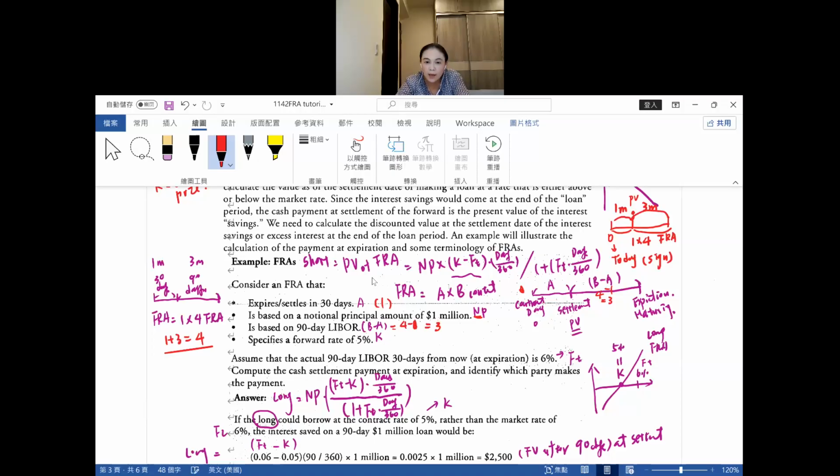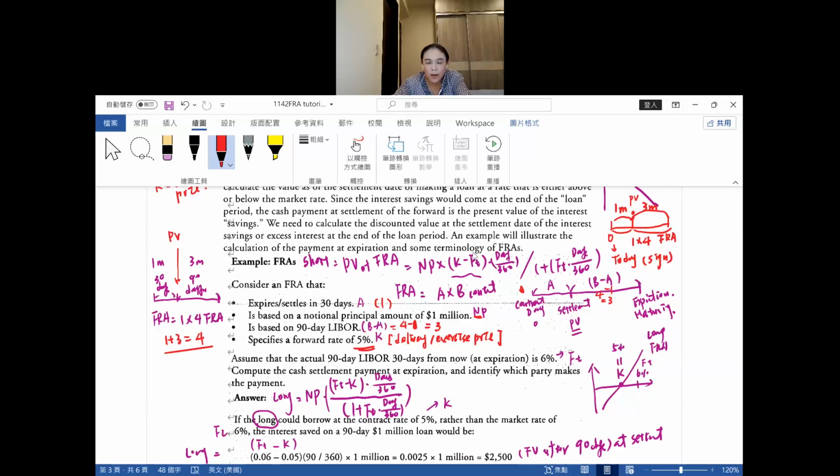Equals 3 months. So you are based on the 90-day LIBOR rate to compute your PV. You are computing the PV after 1 month, which is the expiration day of the FRA, specified for a rate of 5%. That's your exercise price or delivery price,